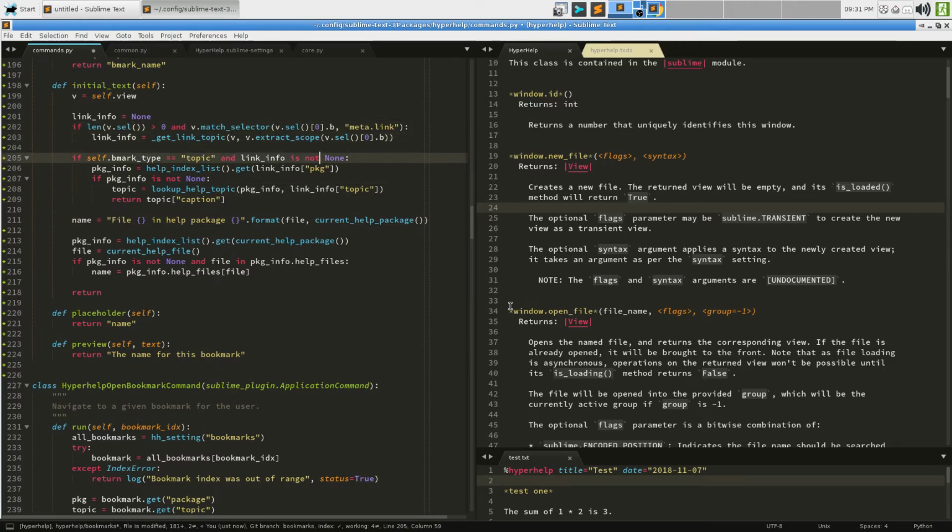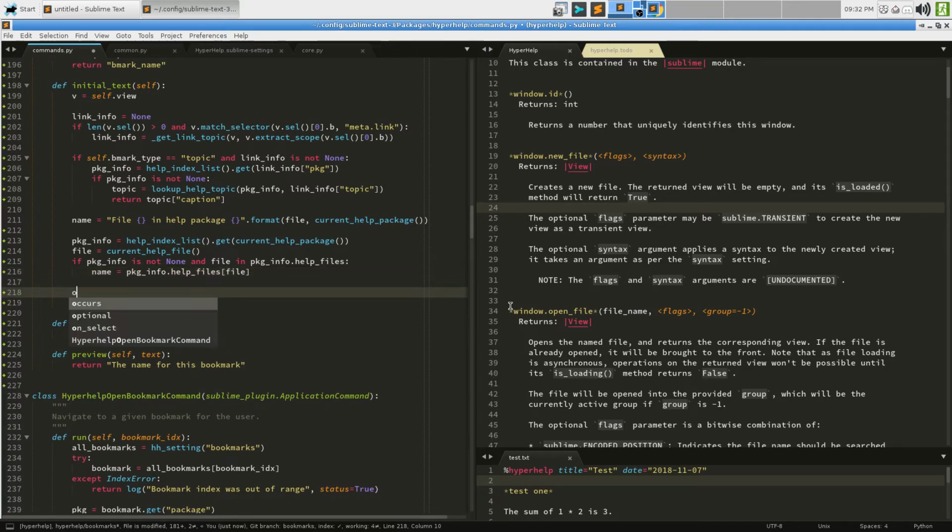If we're told to create a bookmark on a topic and we can actually do so, the caption of that topic is returned directly, which is what we want. Otherwise, this is a default name, and we also look to see if this file is in a package information that we looked up, in which case we want to use the title of the help file, which again is what we want. We're using it this way so that we can say if